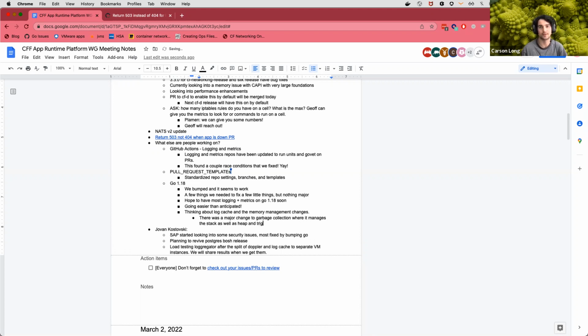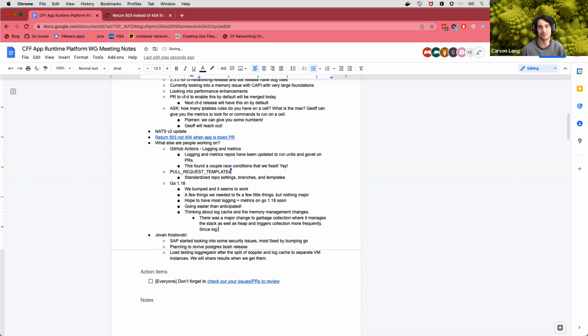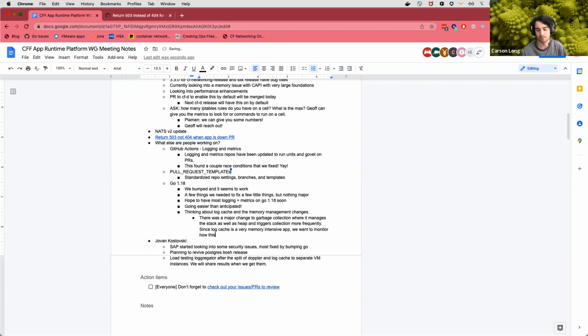Since log cache is a very memory heavy application with some history of memory problems, we were a bit worried about it. So we're having a deeper look, and we manually pinned it back to 1.17 for now to make sure it doesn't auto bump before we can have a look at it. But most likely we find that there's nothing wrong. Just being a little overly cautious.